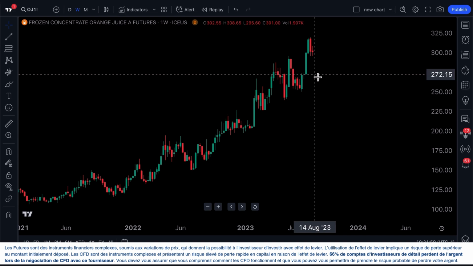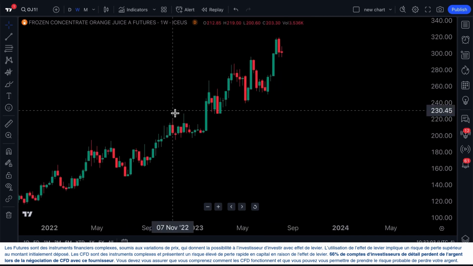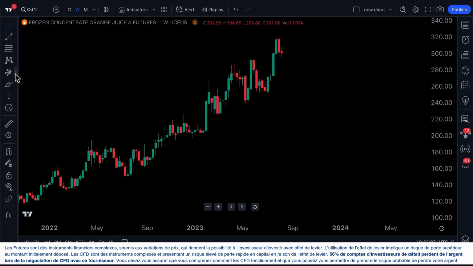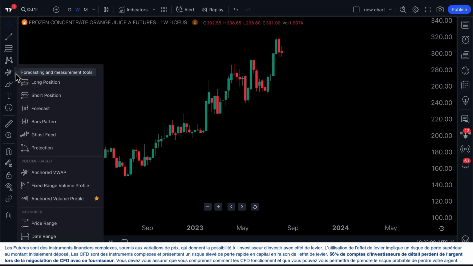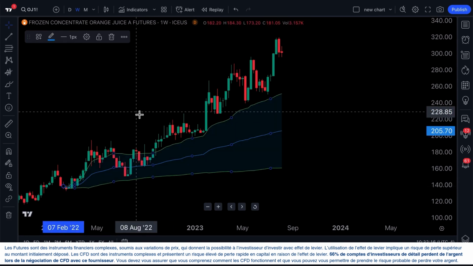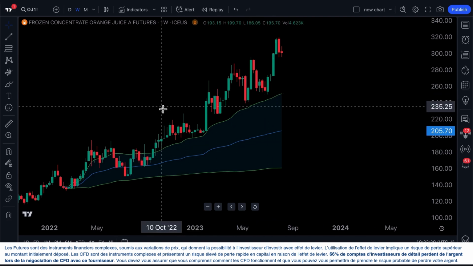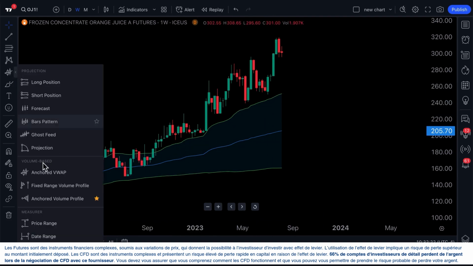Okay, there's a few other really important things that we have to show you about drawing tools so that you know what you can do, especially all of the customization options. Now in this example, we are going to go ahead and click Anchored VWAP, and we're going to add Anchored VWAP to our chart, and just like that, it's instantly calculated, and now it's drawn on our chart in front of us. This is, as we were saying, a volume-based tool,